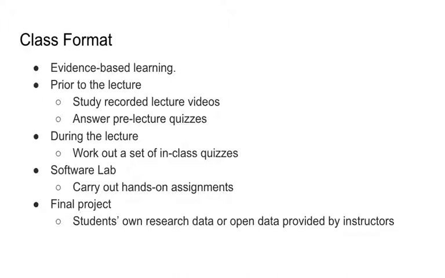A crucial component of this course is the final project. Students can prepare their own research data for the class or use a set of open data provided by instructors. Each group needs to define their mission, their goal of the project. Once you identify a clear data analysis you want to do, you will design a machine learning model to carry out the assignment. The outcome will be written in a 4-page paper, and finally, there will be a stand-up oral presentation of your result to the classroom.